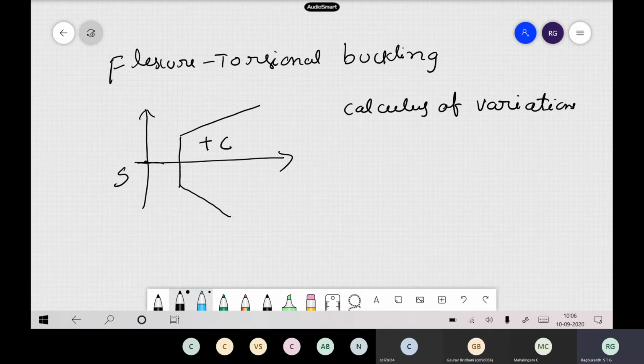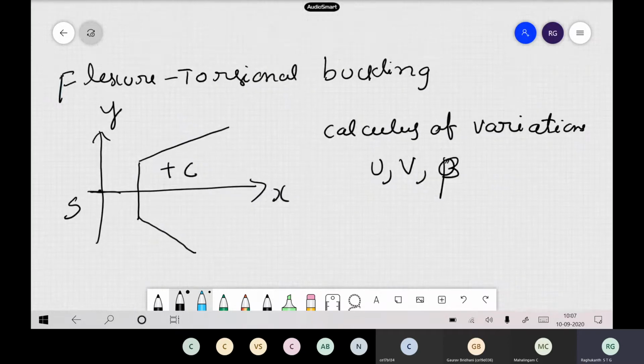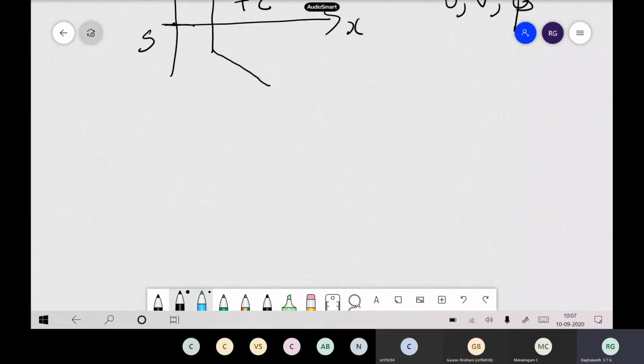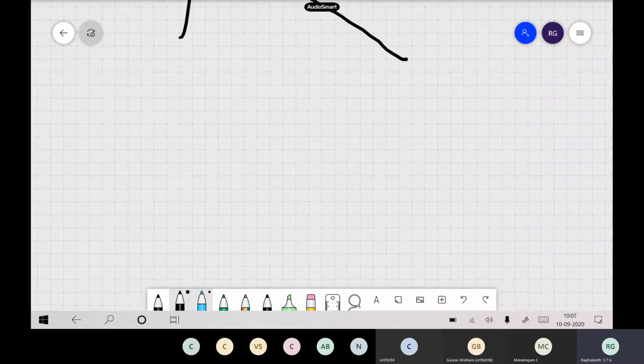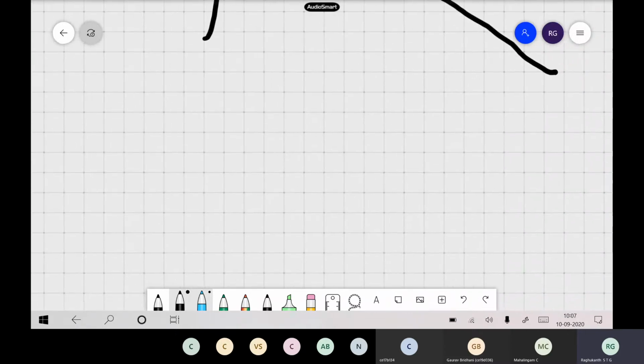This we have done, but the only thing different from the previous cases is that here we allowed all three directions. It can buckle in X, it can buckle in Y, or it can even buckle in torsion also. So you had two displacements, and then you had this beta, the angle of twist. Finally, from calculus of variations, which is generally used for these types of problems when there are multiple functions, we got some nice equations.